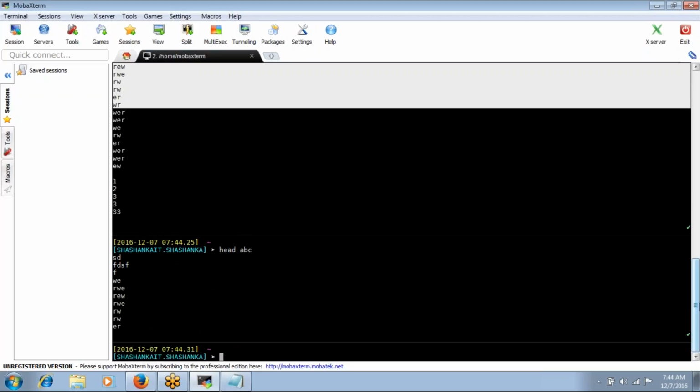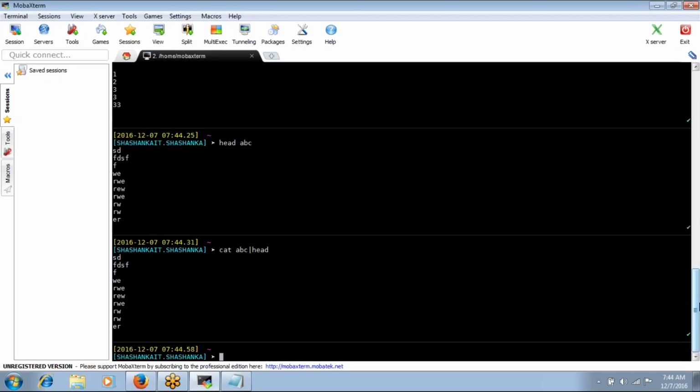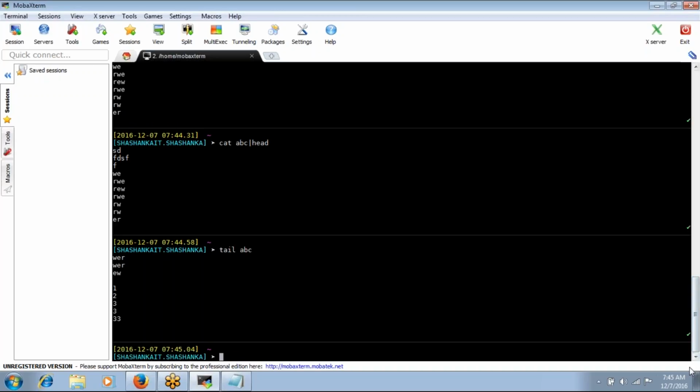So if you want to use this command in the other way, you can use cat abc to display the file, and head will display the first 10 lines. Like the same way, if you give tail abc, it will display the last 10 lines.